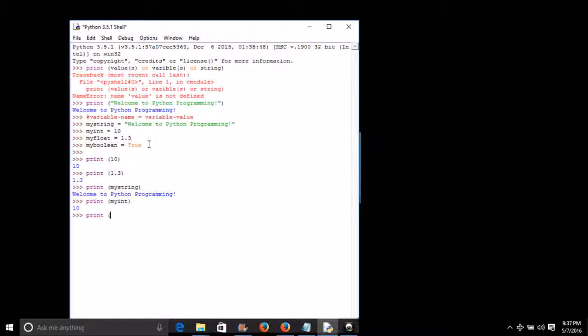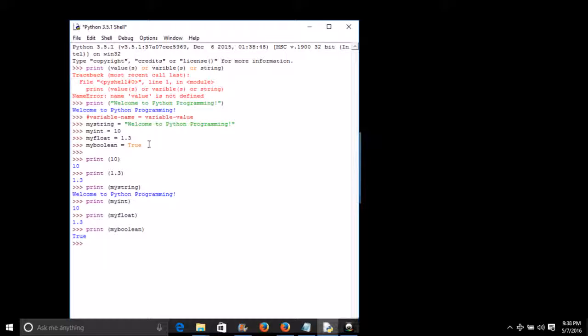In our third example, print my float. And then print my boolean, it will print the value inside the my boolean variable. So that's the basics of how to use print and basic variables.